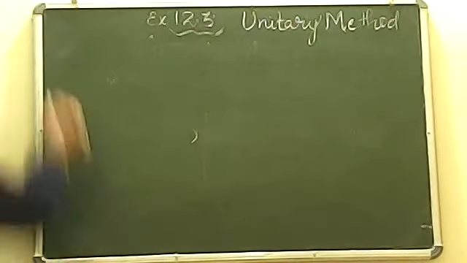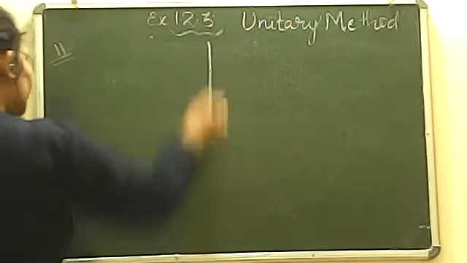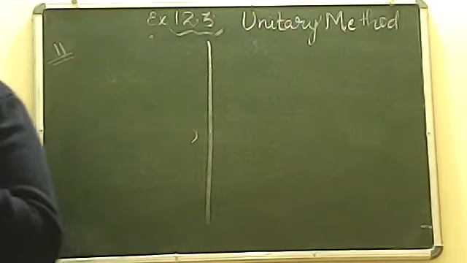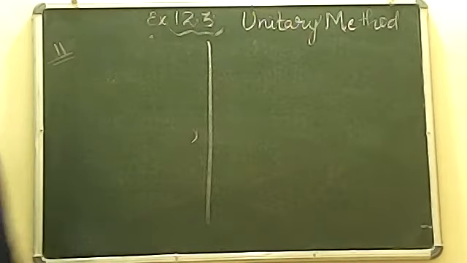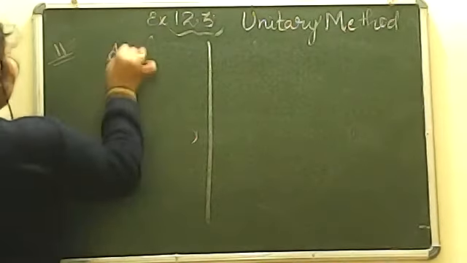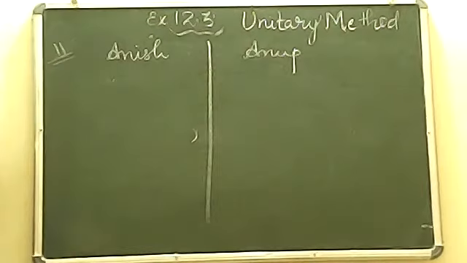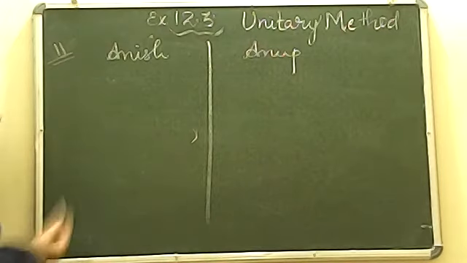Question number 11 says that Anish made 42 runs in 6 overs. Anup made 63 runs in 7 overs. Who made more runs per over? Look here, in this question you have two persons, one named Anish, another named Anup. Remember, whenever our question is based on two particular things, always do this type of question on the basis of partition. Now what it is saying is that you have to make a comparison, which person is making more runs per over. Per over means 1 over.